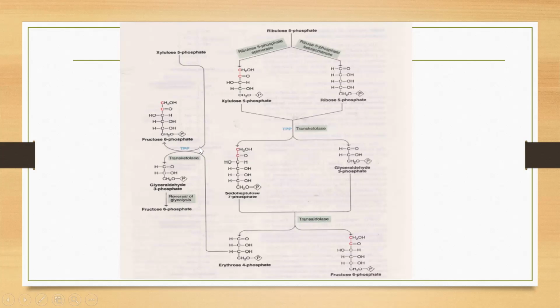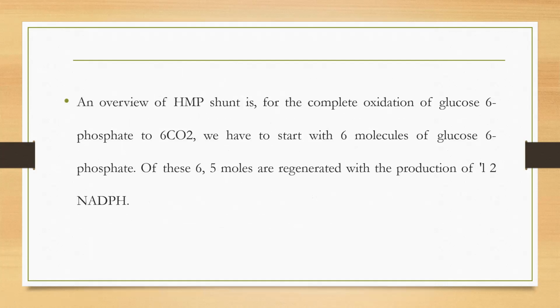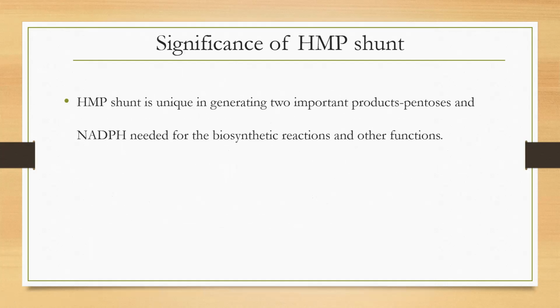Here also the enzyme required is transketolase. The 2 carbon moiety will transfer, and we will get the formation of fructose 6-phosphate and glyceraldehyde 3-phosphate. And then this glyceraldehyde 3-phosphate will enter into the reversal of glycolysis, and this fructose 6-phosphate will also enter into glycolysis. Like that, we will get the formation of the glucose molecule or the carbon dioxide and water molecule. Now, this HMP shunt pathway is a unique pathway, which is important to produce pentoses and NADPH. Instead of ATP, in the HMP shunt pathway we get the formation of pentoses and NADPH.